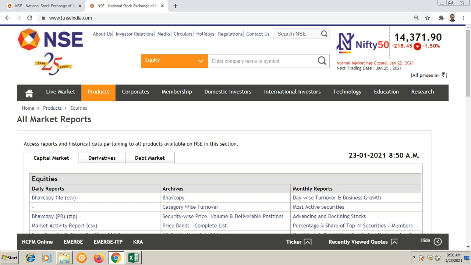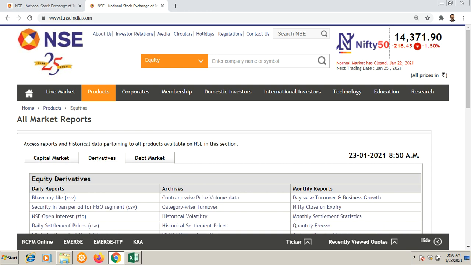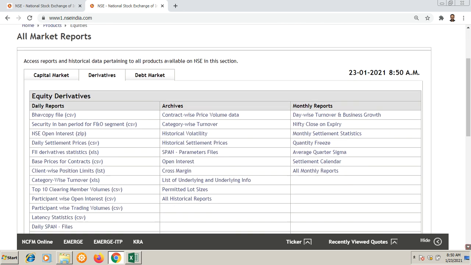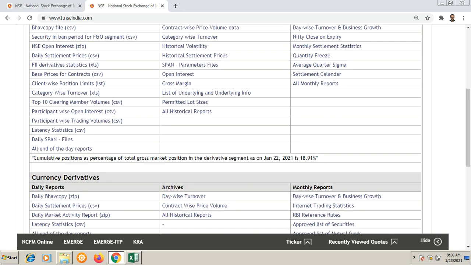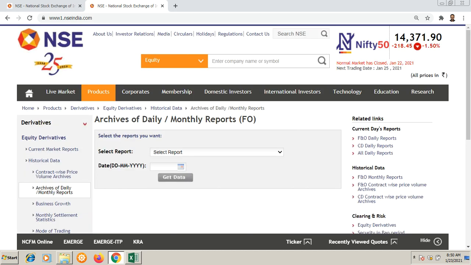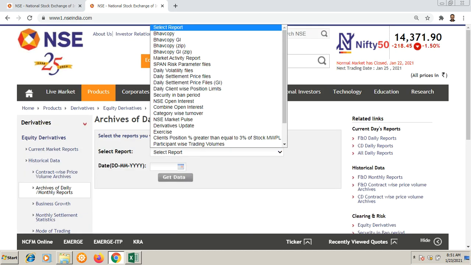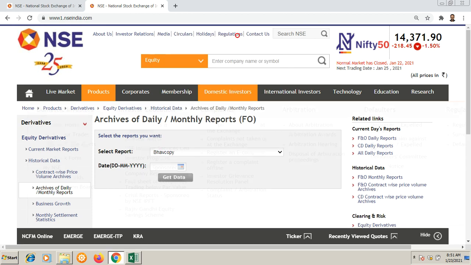By default it's in capital market, choose derivatives, and let's say you are looking for historical data, correct? So this is all historical reports. This is actually your archive maintained by NSE. You select report, you just click the Bhav copy.